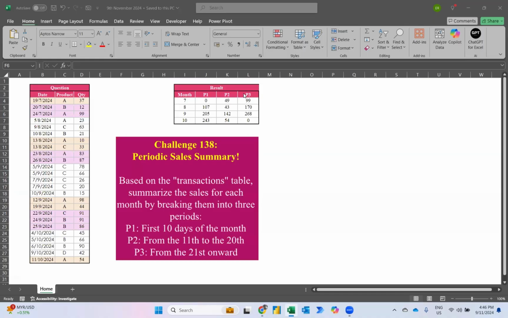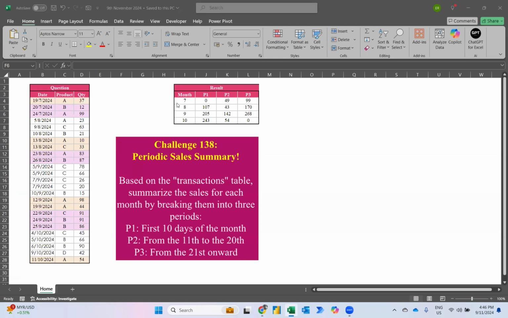So today we will learn about Power Query. As we look at this particular file, we have data which has a date column, product column and quantity column. So basically what I want to do is use Power Query to transform this particular table into this particular format,